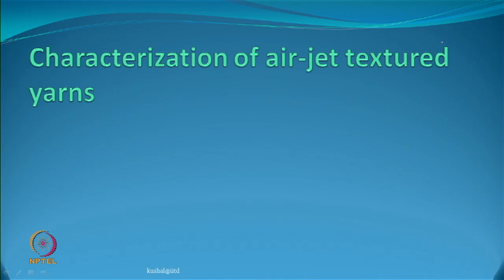Air jet of course has to be done. So, we are looking at only air jet, but if you look at the whole machine, you have many more components, all of them will have to be handled correctly. If you make mistakes in one, you will have some consequences also. So, before we talk about optimization parameters, we should know exactly how we would like to characterize an air jet textured yarn. In false twist, if you remember, we had crimp rigidity, crimp stability etc., which were the important characterization methods.